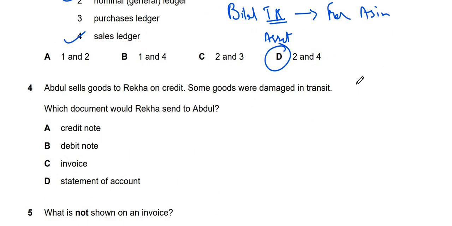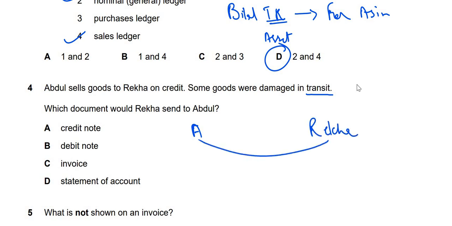Next question, it says Abdul sells goods to Rekha on credit. Some goods were damaged in transit. Alright, transit is when they were carrying goods, some goods were damaged. Which document would Rekha send to Abdul? So Abdul is trade payables. Abdul sells goods to Rekha. So for